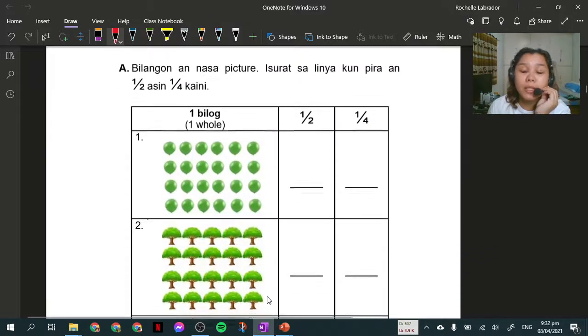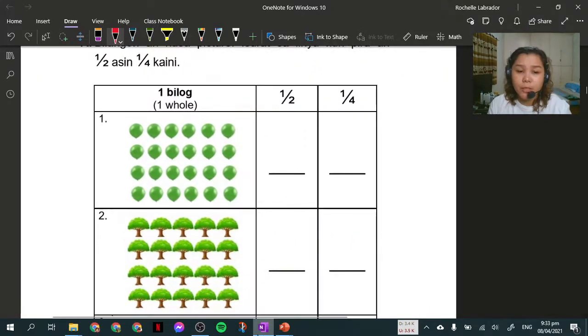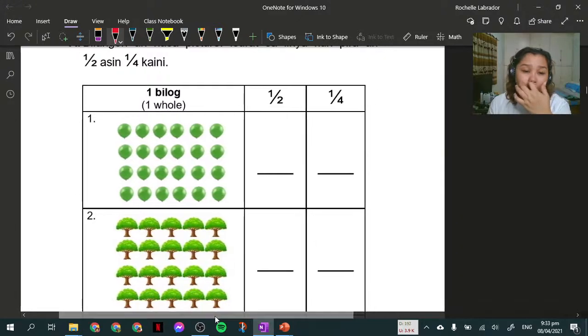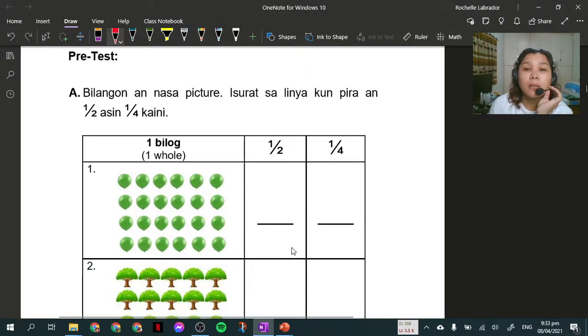So, pre-test. For this part, it's okay if you don't get all the correct answers. This is just a pre-test to test if you have any idea of this topic, or if not, then it will be given explanation. It will be given more clarification so that you would understand what is 1/2 and 1/4 of given sets. Okay, part A,